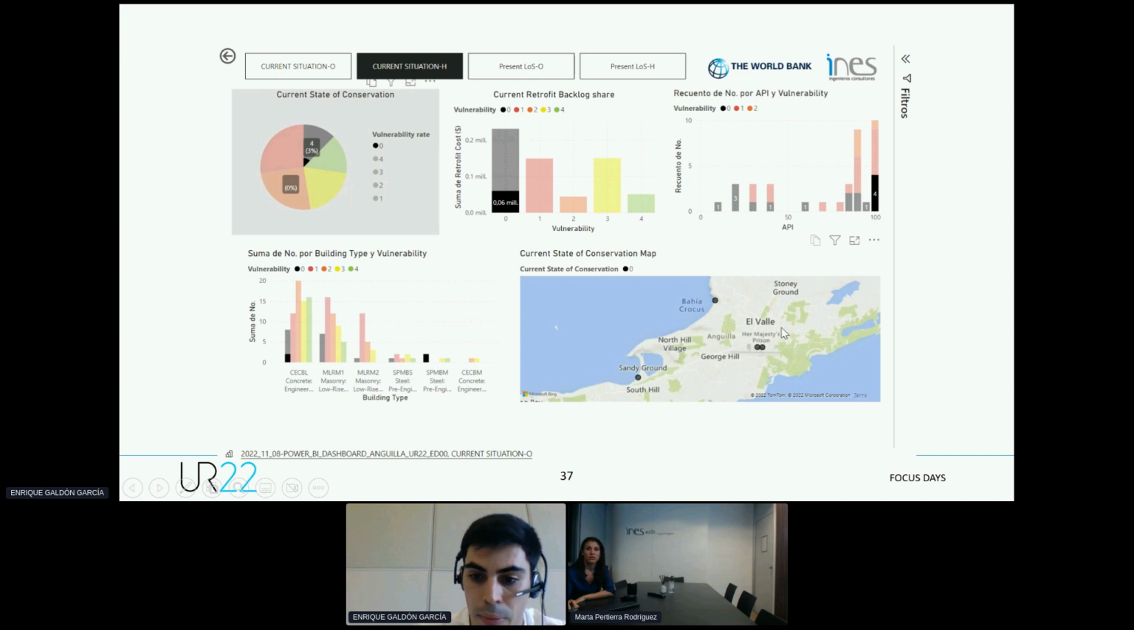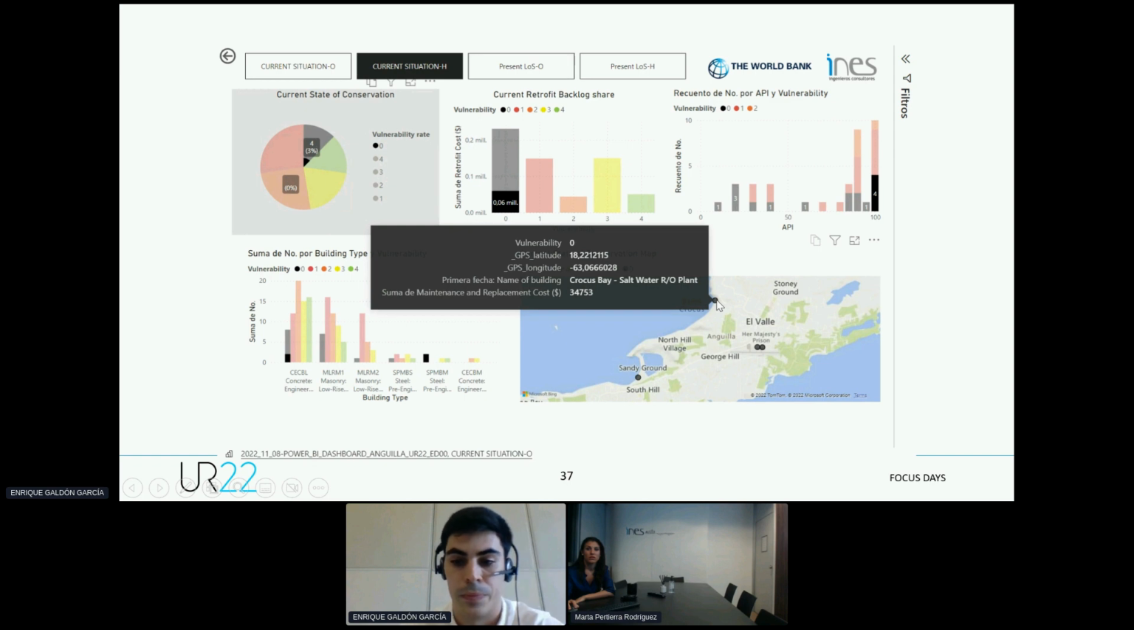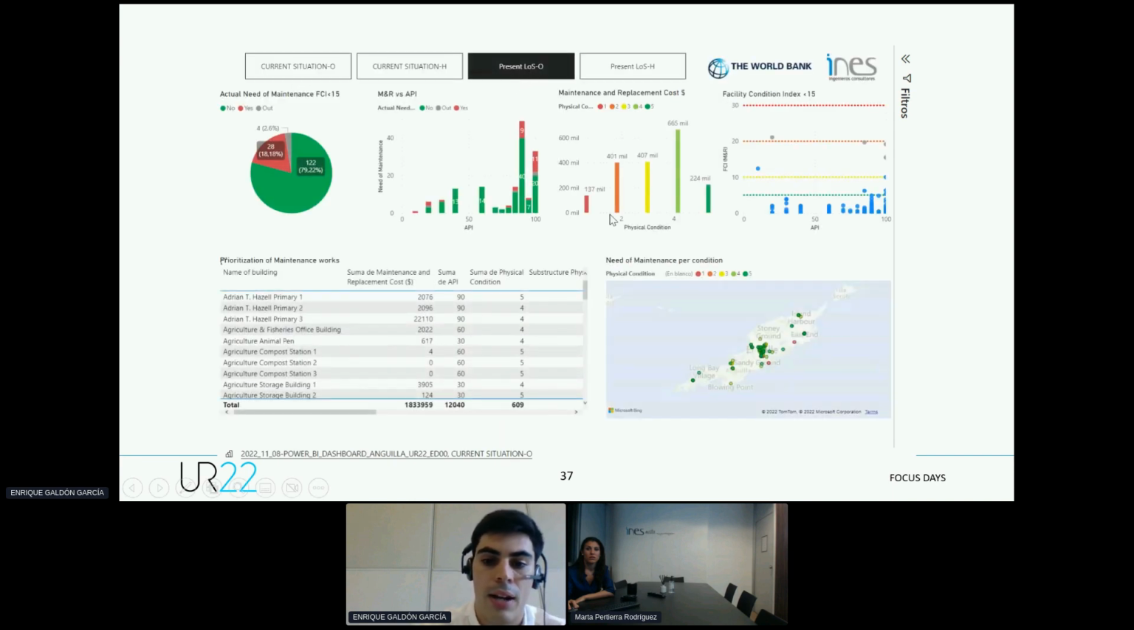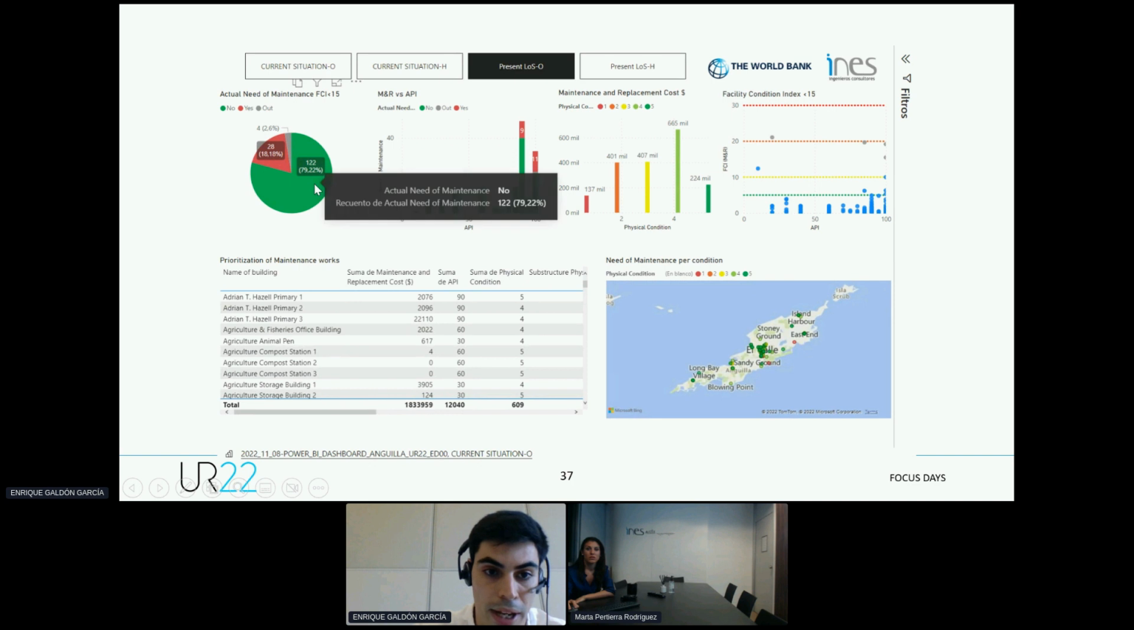If I put the mouse close to the building, to the point, we can know what's the name of this building, and also the cost, and also what are the GPS coordinates. Well, and now this also helps to prioritize the different activities of maintenance. Here we have the pie chart also with the buildings that need maintenance,